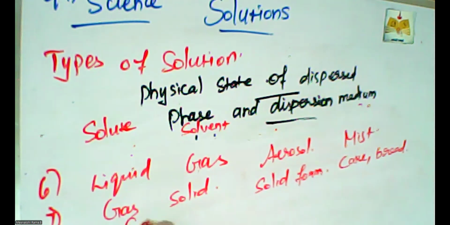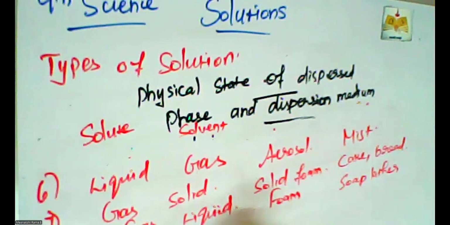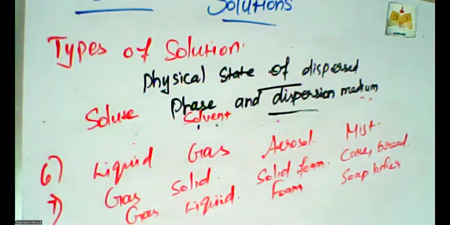And the last one, gas and liquid. Gas and liquid means foam. Foam is the form of gas and liquid mixture. Soap, leather. This is an example for gas and liquid mixture. So these are all the 8 categories of the colloidal solution in the physical states of dispersed phase and dispersion medium. Okay, so now we are going to see the